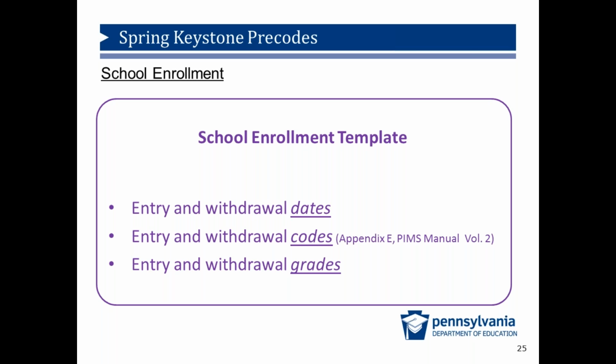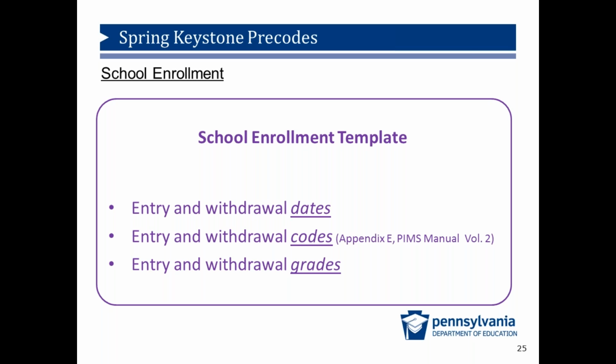For accountability, PDE uses the student test results for the calculation of performance and participation if the student has full academic year status. Entry and withdrawal dates help PDE calculate full academic year status based on the dates entered by the educating entity. The definition of full academic year, which is used for accountability, is the student who is enrolled on or before October 1 of the current school year and remains continuously enrolled as of the last day of the testing window for the Keystone testing window in Algebra 1, Biology, and Literature. Here are two examples.